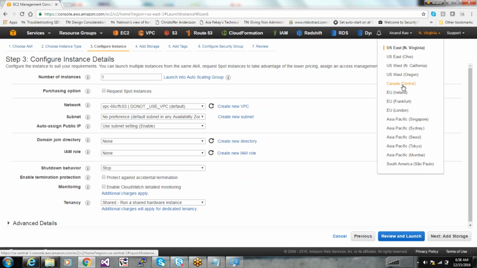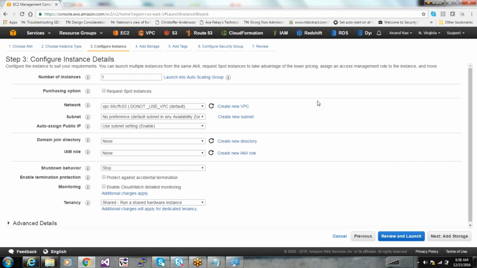For example, Canada has 2 availability zones, Mumbai has 2, and Ireland has 3. What is an availability zone? What's the difference from a region? A region is a big data center within which there are isolated sections connected with a low latency link. Those are availability zones. It's like we just simply create it in MS Paint.